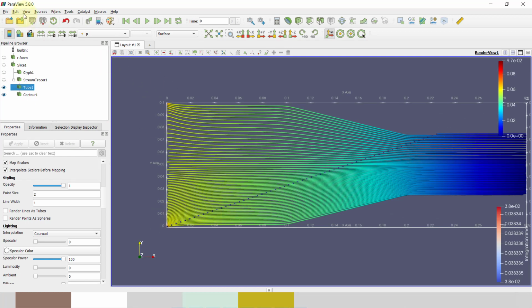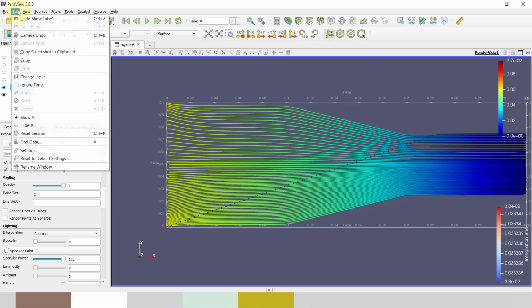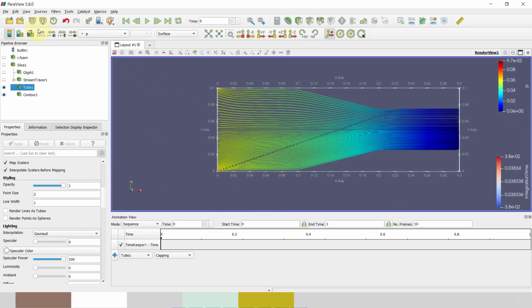Now I will run this animation. So view, animation view bar. Now I will add this tube 1 capping, and I will add this contour 1 iso surface, and I will run this file.